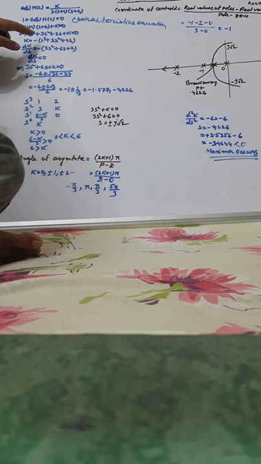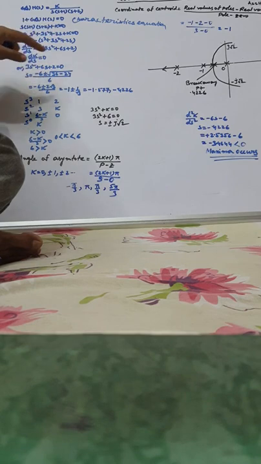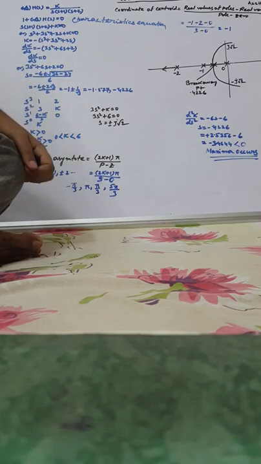So K is equal to minus within bracket s cube plus 3s square plus 2s. So dK/ds is equal to minus within bracket 3s square plus 6s plus 2. So make dK/ds equal to 0. So 3s square plus 6s plus 2 is equal to 0. So s equal to minus 6 plus minus root over 36 minus 24, divided by 6.